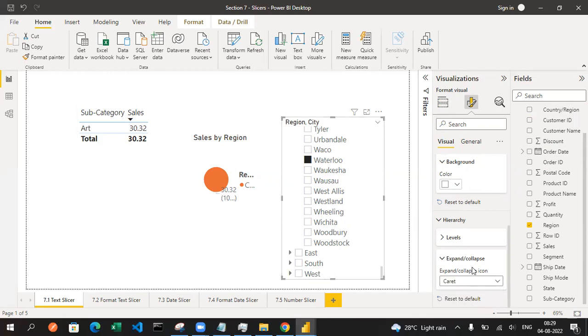So this basically tells about the different things you want to specify in the slicers, and you can see